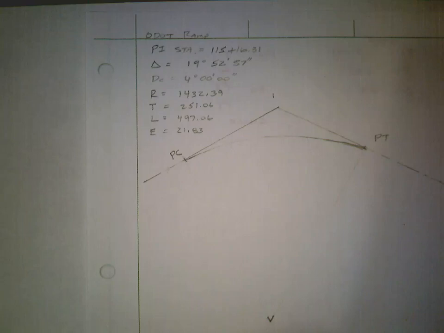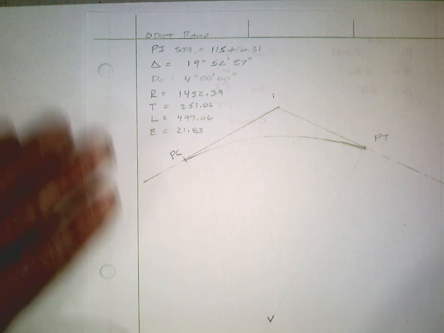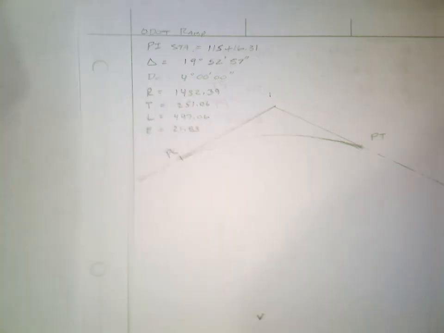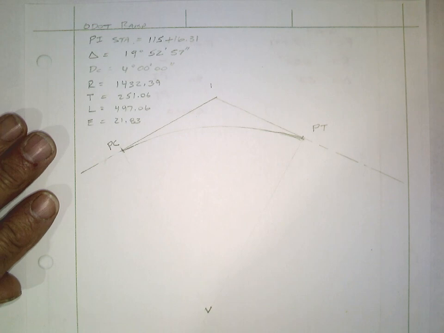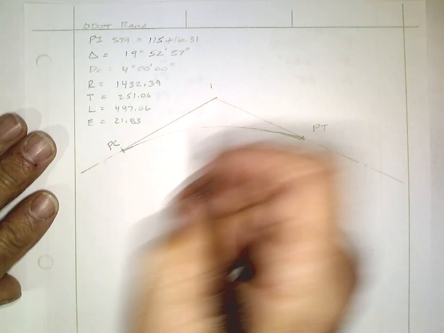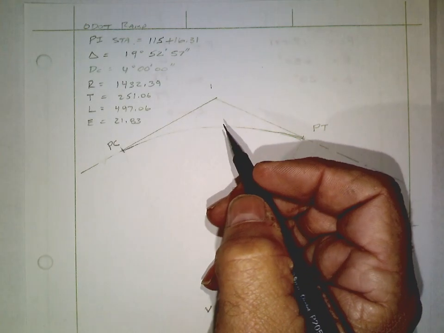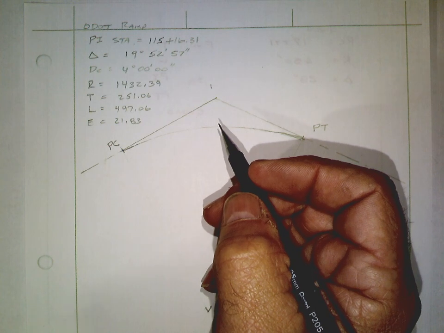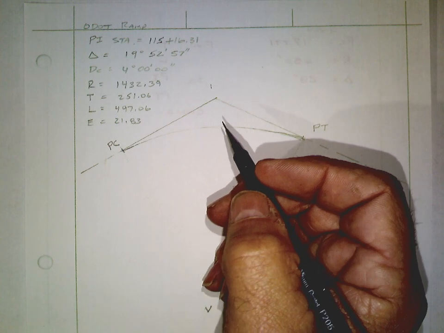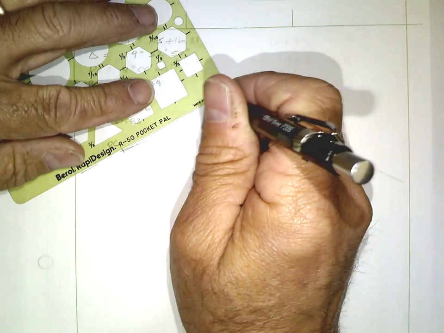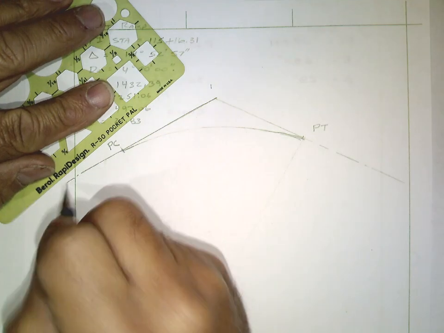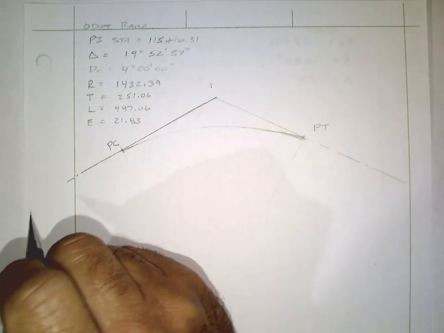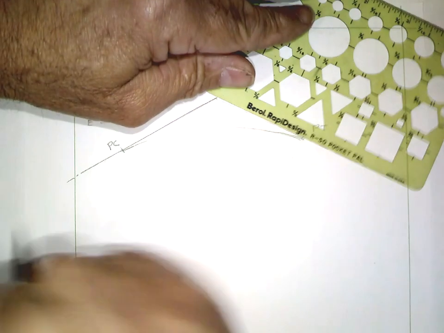I've transferred that to this piece of paper, which I will upload so that you have it, but this is what we're going to do our computations on. So I have a little diagram, and this is the center line of the roadway coming in, center line going out,